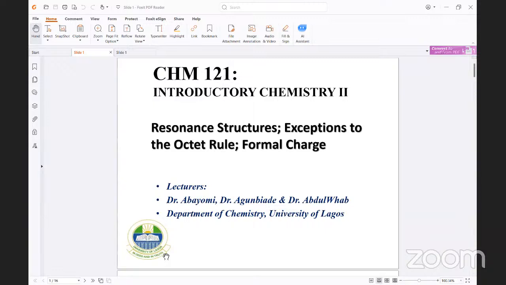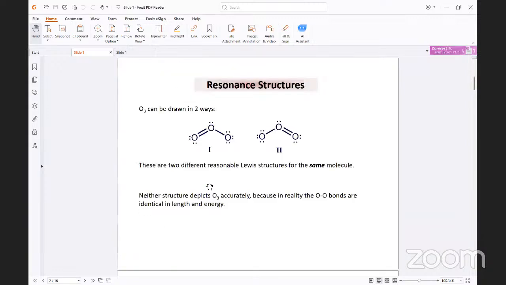The principles that guide writing of resonance structure is what we'll be looking at. Now, you have a resonance structure when you have a case of electron delocalization. And what do I mean by that? If we want to write the electronic configuration of the Lewis structure of ozone, for instance,